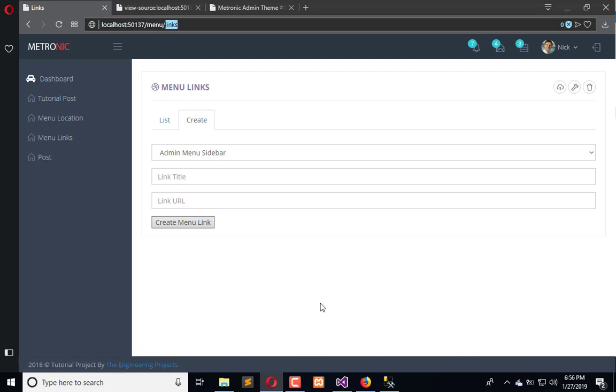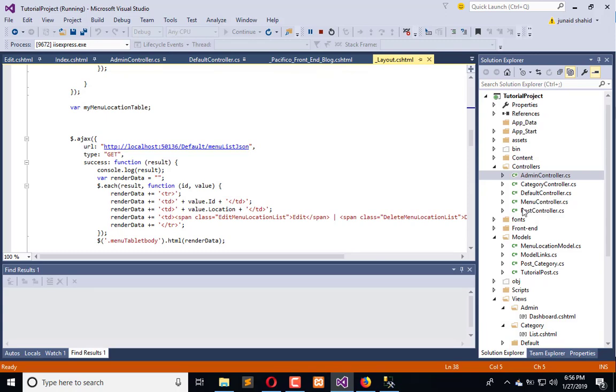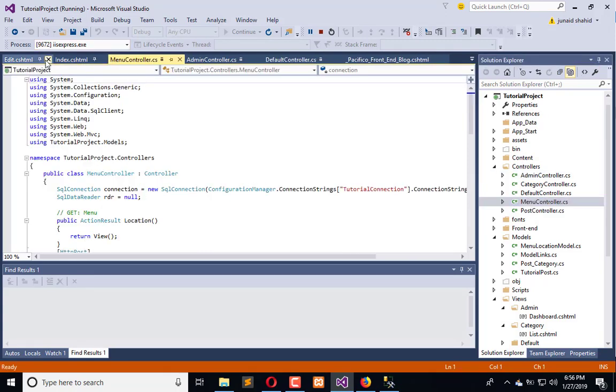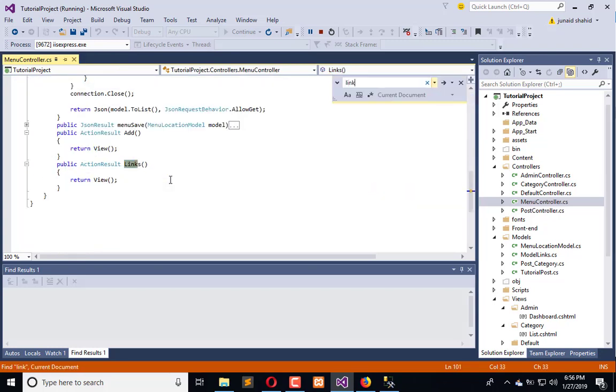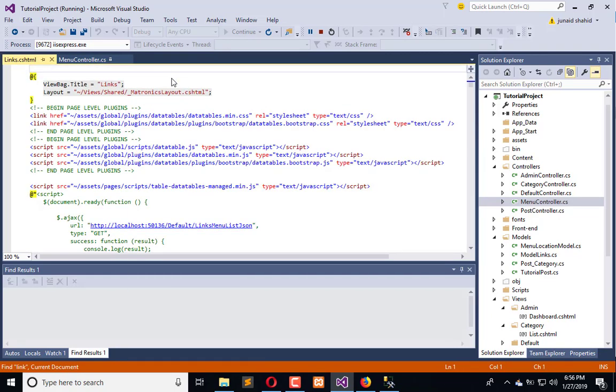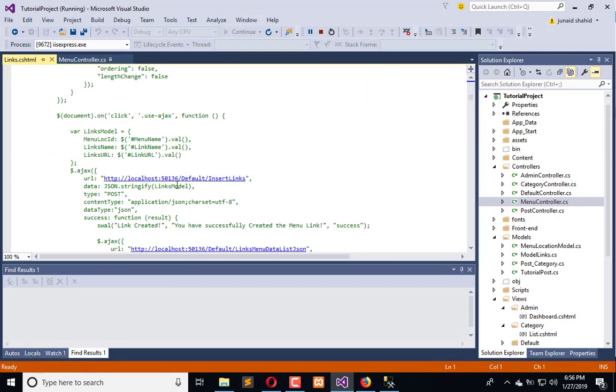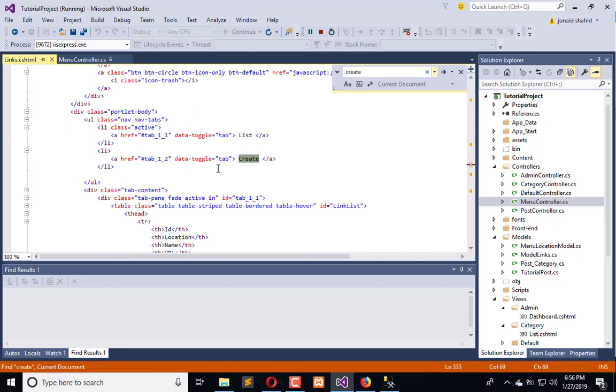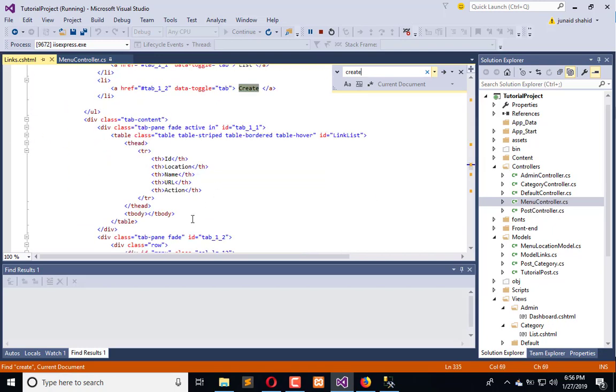So go to the menu and links. Here I have the controller menu. Okay, close all these. And I have to search for link. Now right click here and go to view. Okay, search for create. Here is the create. Okay, now what we will do here,